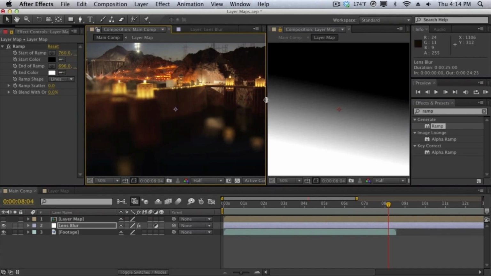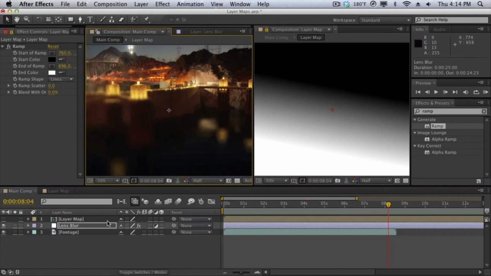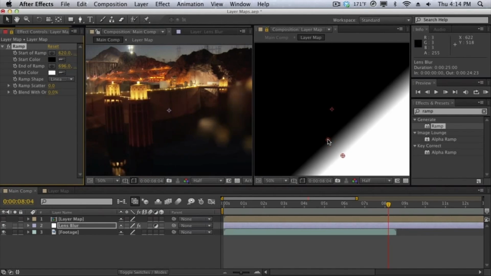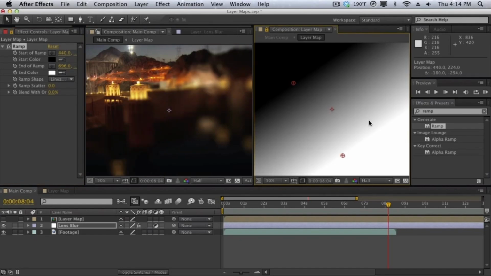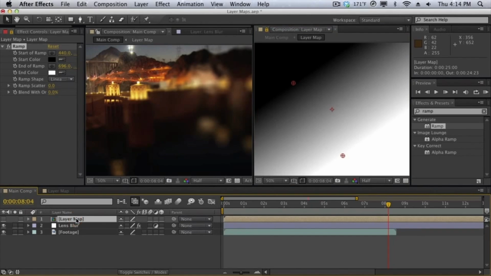This is how I'm going to show you how each layer affects the other. In the layer map, if we play around with the ramp and move the black down a little bit, you can see how it affects things. The black areas are going to be non-effective, so they're crystal clear, and the white areas are going to be blurred, as you see here. So we're essentially using one layer to control another layer, and when you do that, you need to make sure that you're flattening things out, rasterizing, grouping, or pre-composing things together so that the layer maps work just fine. We're pretty much just using one layer to control another layer, or should I say